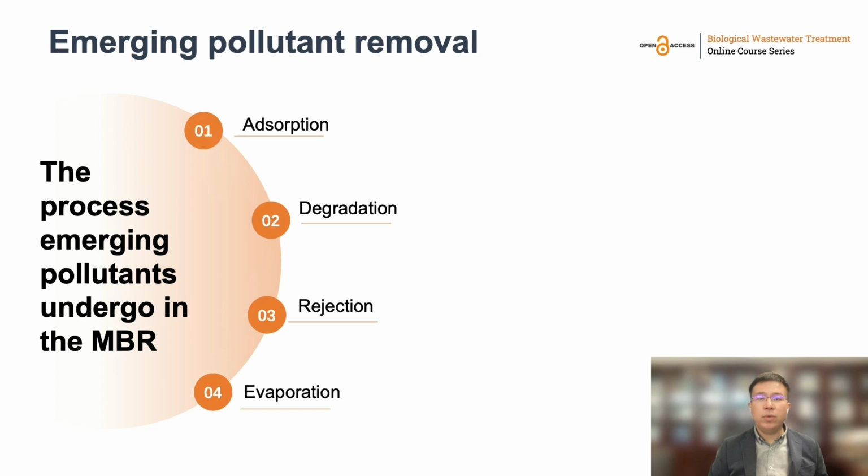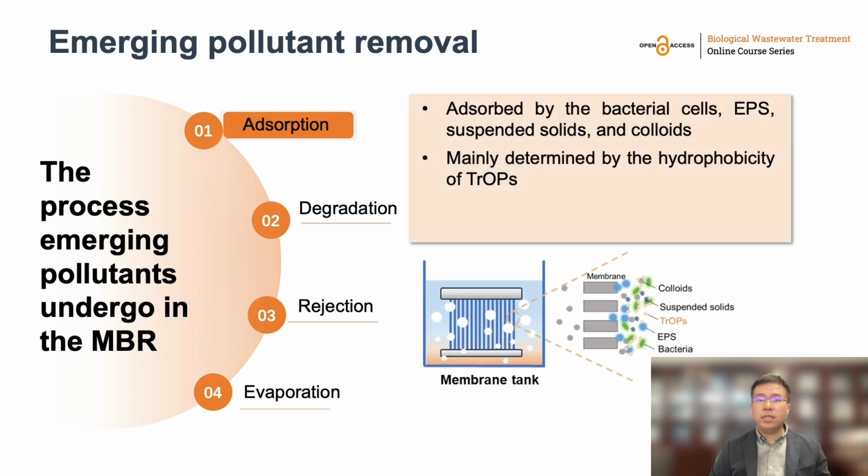So, what might happen when the emerging pollutants enter an MBR system? The emerging pollutant in the MBR system may undergo adsorption, degradation, rejection, and evaporation. The first is adsorption. Pollutants can be adsorbed by the bacterial cells, EPS, suspended solids, and colloids in the mixed liquor. The adsorption is mainly determined by the hydrophobicity of the pollutants. After being adsorbed into the sludge phase, the pollutants may then undergo biodegradation, and the two-step process can be described by a two-phase fate model, where the sludge-water partition coefficient, water-sludge mass transfer rate constant, and the biodegradation rate constant